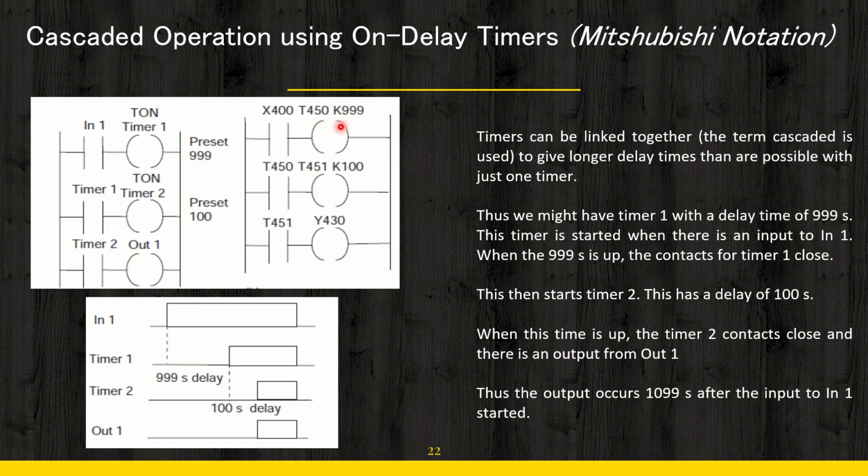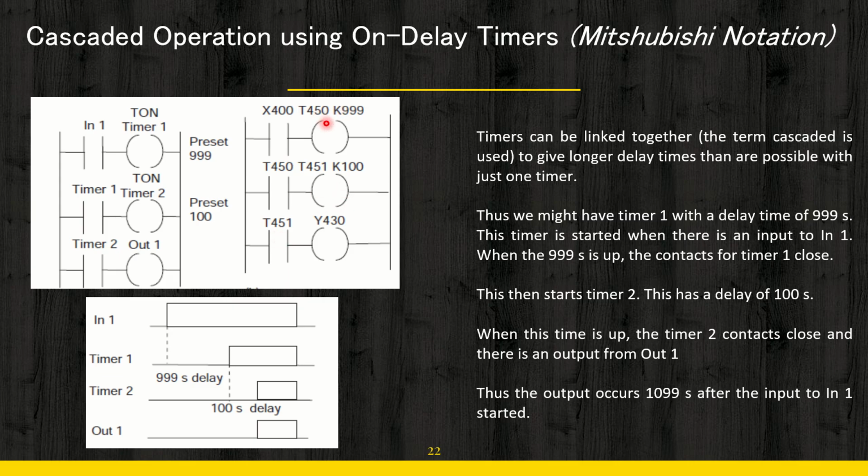Once this 999 seconds is over, the associated contacts with this timer will get activated. Once this is activated, it will energize the second timer. The second timer is programmed for a delay of 100 seconds. Once this 100 seconds is over, it will actuate the associated contacts of the second timer,